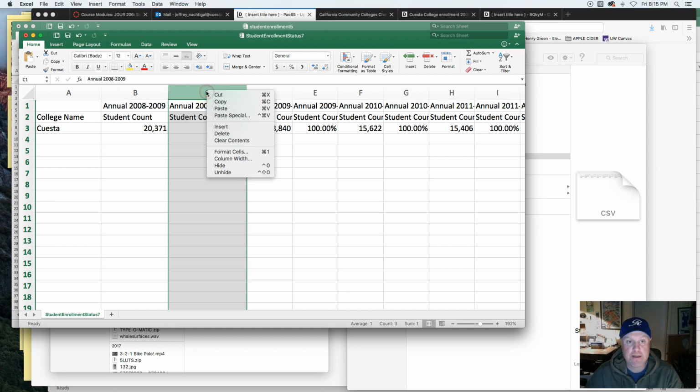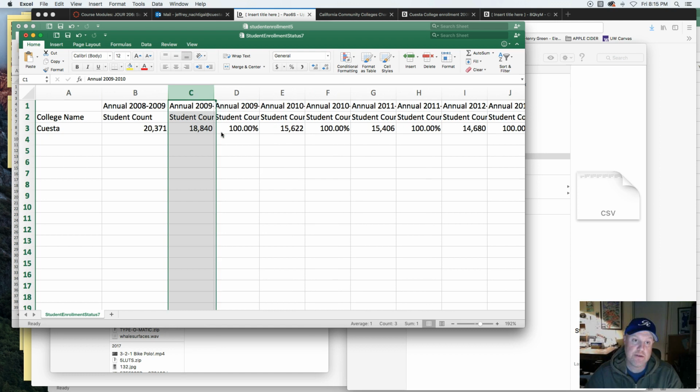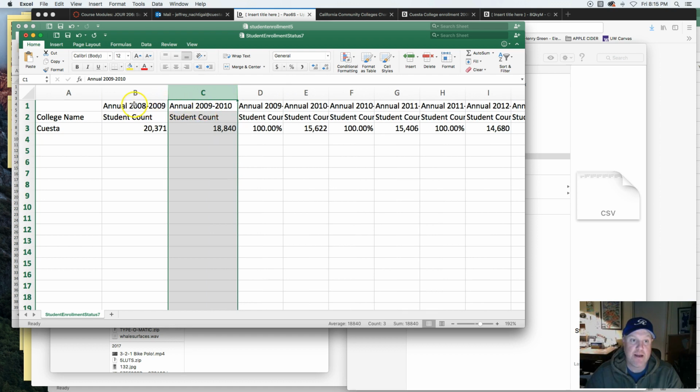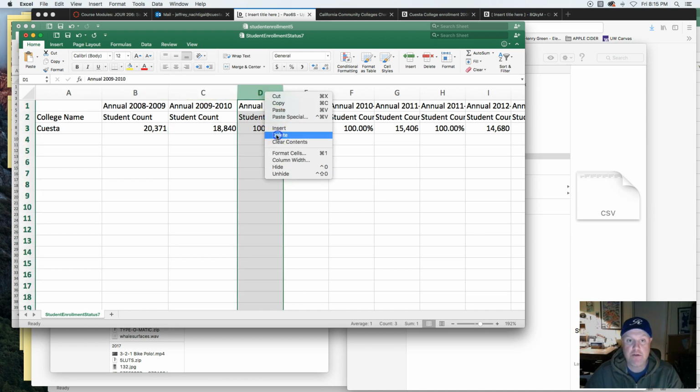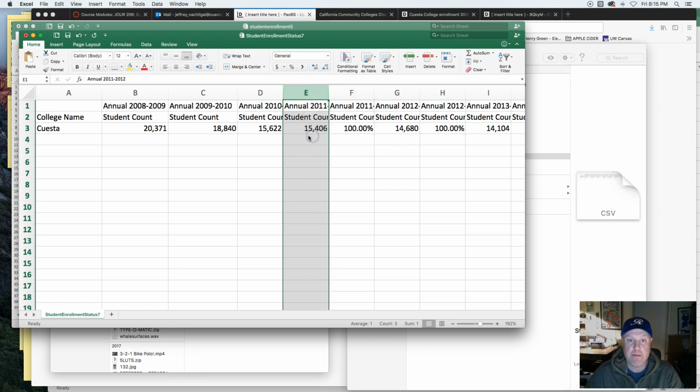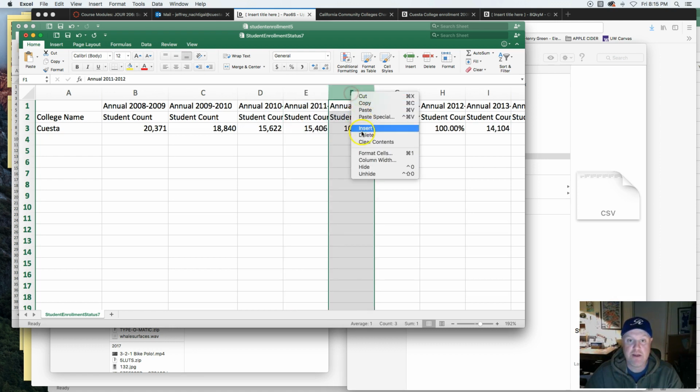I'm going to right click and I'm going to delete that column right there. So it's gone. What that does is it pulls 2009 close up to 2008. So student count 20, and then drops a little bit. So I'm going to manually go through here, delete all these percents, and get rid of them because I don't want to bring in percents to my